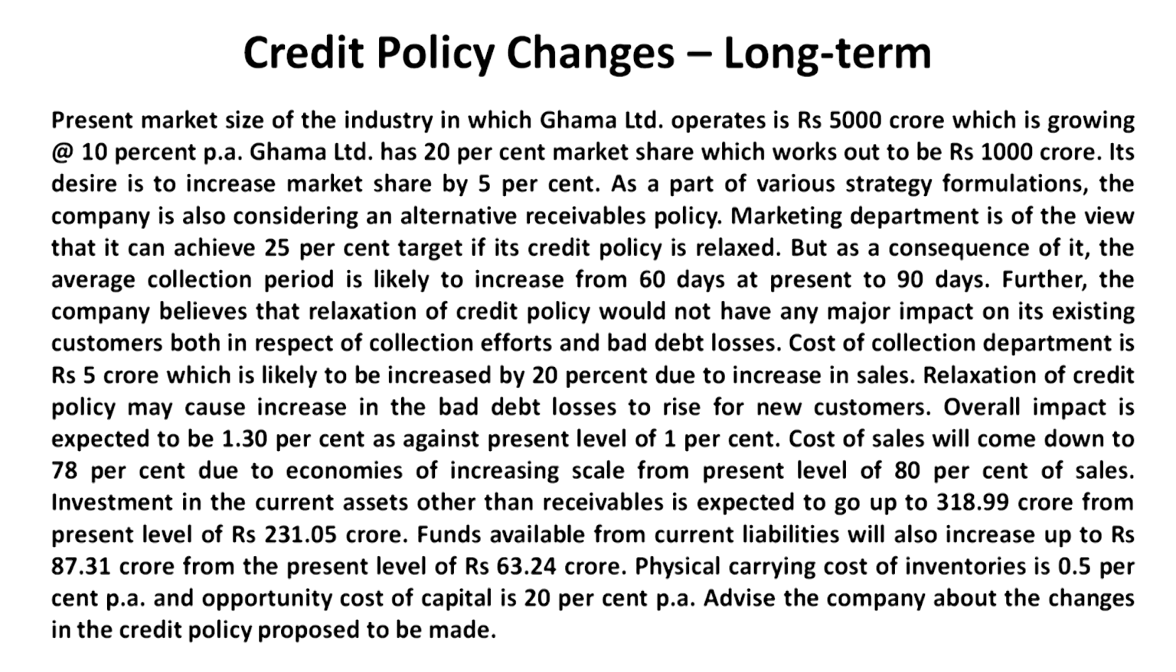And in this case funds available from the current liabilities will also increase up to rupees 87.31 crores from the present level of 63.24 crores, right. So now we have to calculate how much is the new level, that is 318.99, and how much will be available from the current liabilities, that is 87.31. So the new level of investment we are working out is 318.99 minus 87.31, so that amount works out as we have calculated